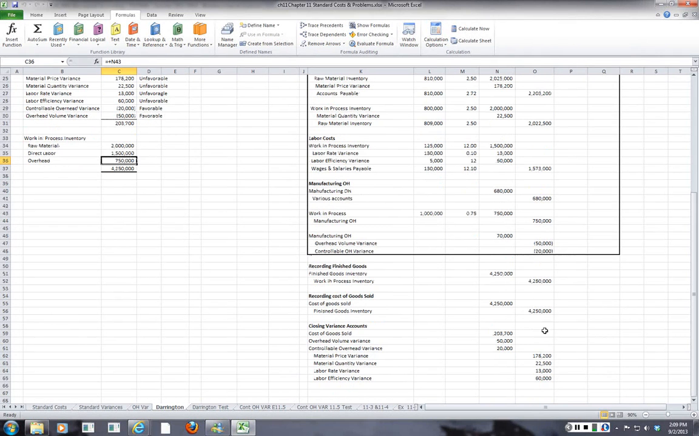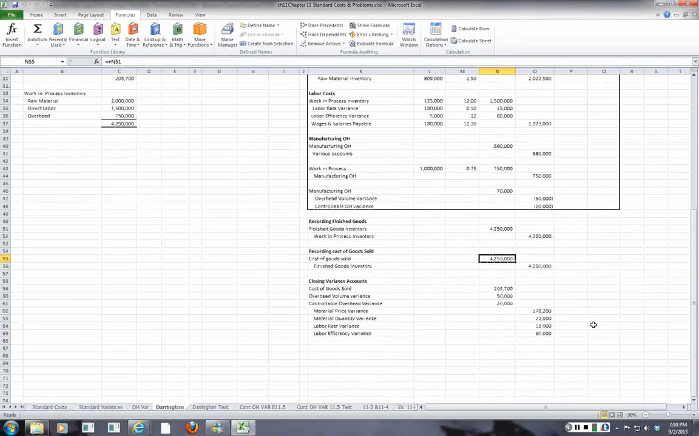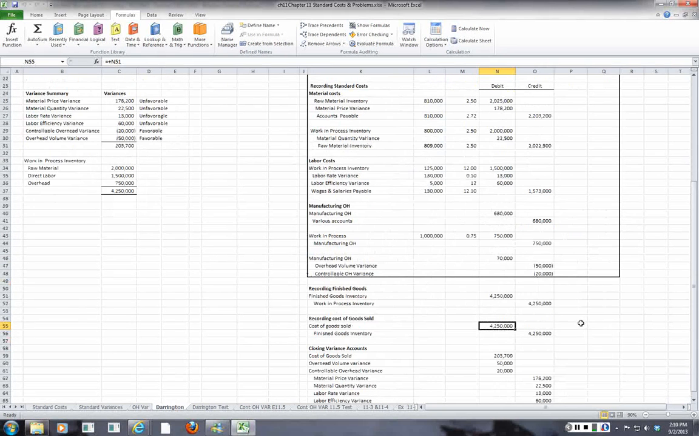Then we're going to transfer it out of work in process inventory to finished goods, and from finished goods we're going to go into the cost of goods sold. I'm going to debit cost of goods sold and credit the finished goods inventory. Now we've got these variances here, and we have to write them off into operations. So we're going to book them into cost of goods sold, and we're going to debit cost of goods sold for